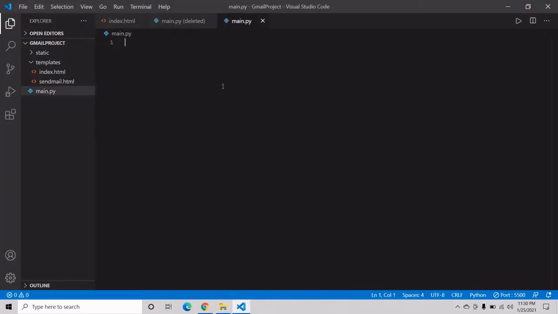Now we are going to create our application with the help of Flask. So for that we have to import some libraries from Flask. Import Flask. Now the second function will be render_template. The third one will be request, and it will be redirect.